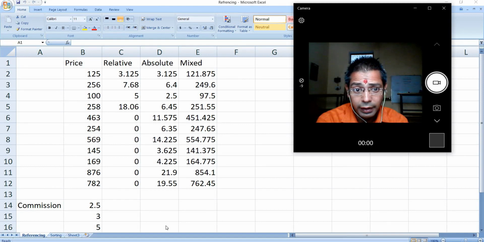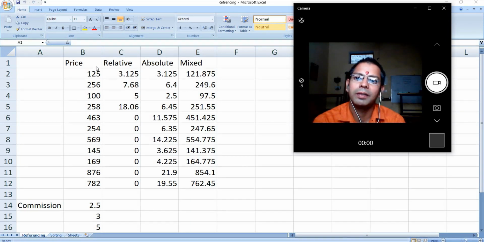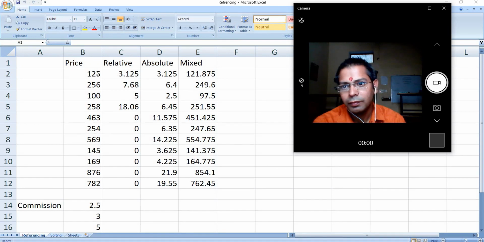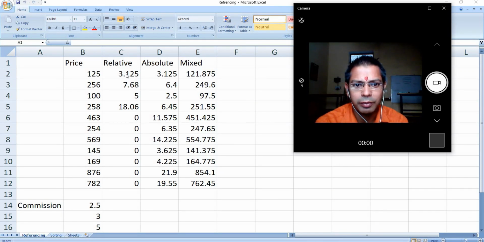Downside, a few commissions are given: 2.5%, 3% and 5%. The first price is in cell B2. We have applied a formula to calculate the commission value in cell C2.